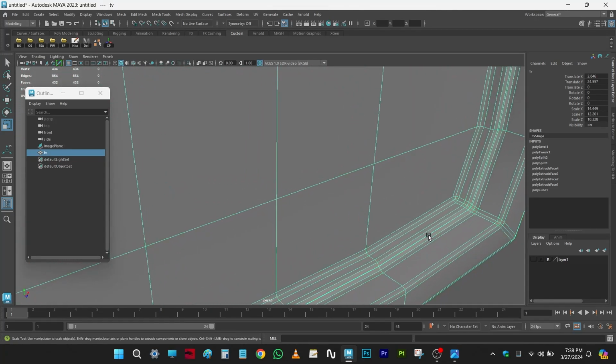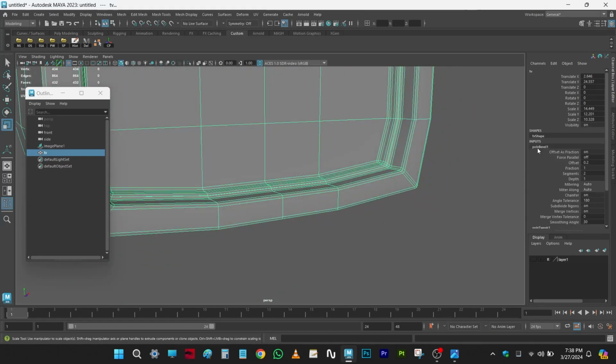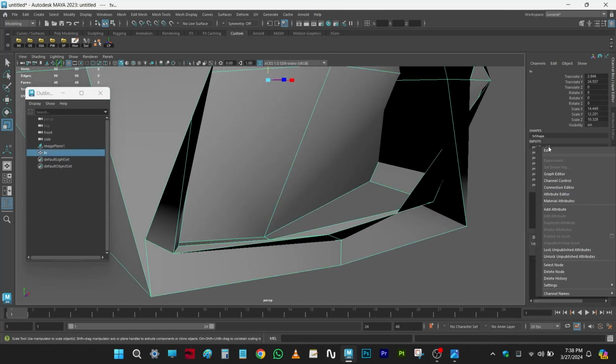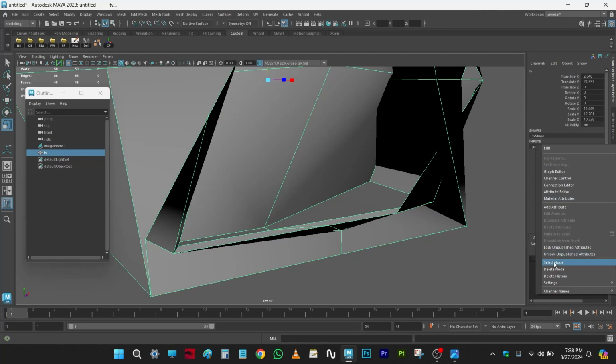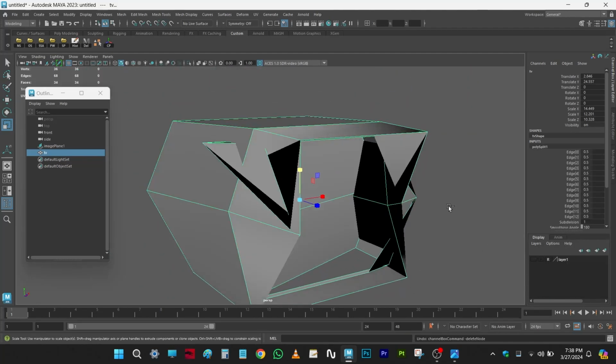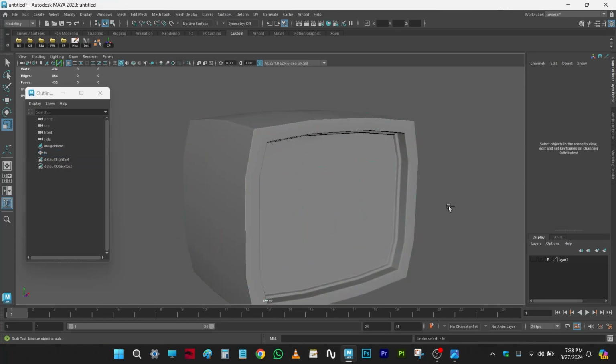So selecting the complete model and then giving the bevel, but giving the bevel in such a way, you are creating problems over here. So if I remove the bevel with a single click, but then I'm having this problem. If I delete the node, extra nodes over here,